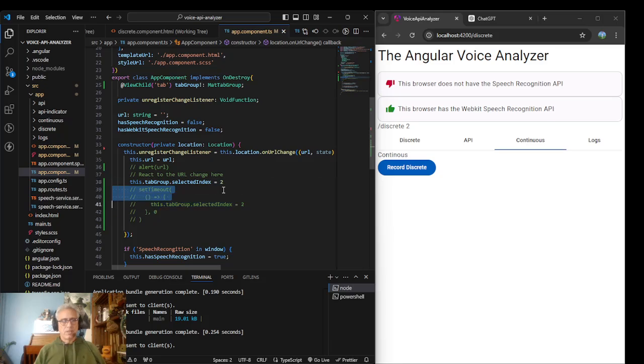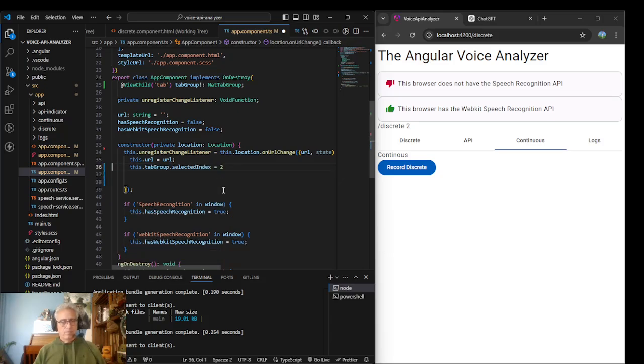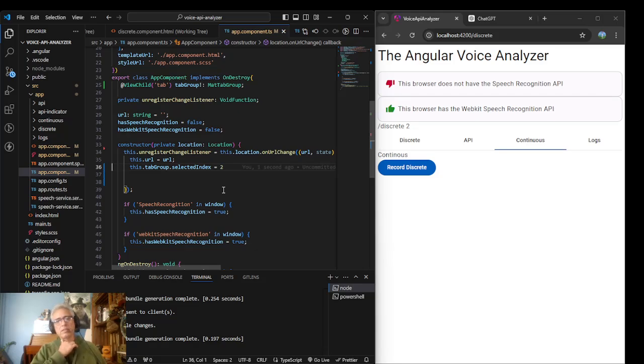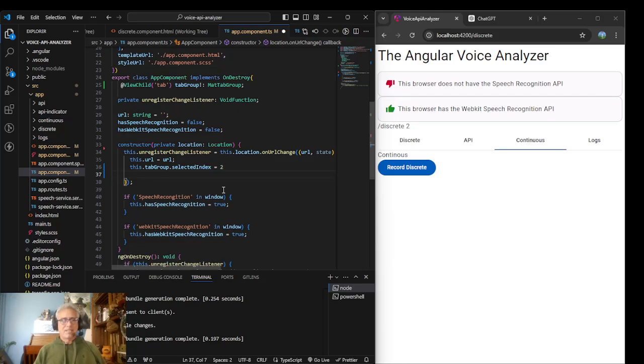Okay, so that's good. Get rid of all this stuff. And okay, so basically the next step would be to set the index based on whether it's discrete or